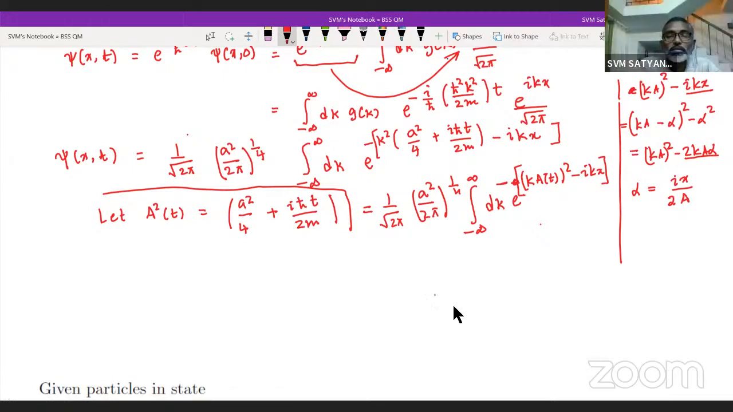So now what we can do, that means this integral, that is your psi of x comma t, can now be written as one by